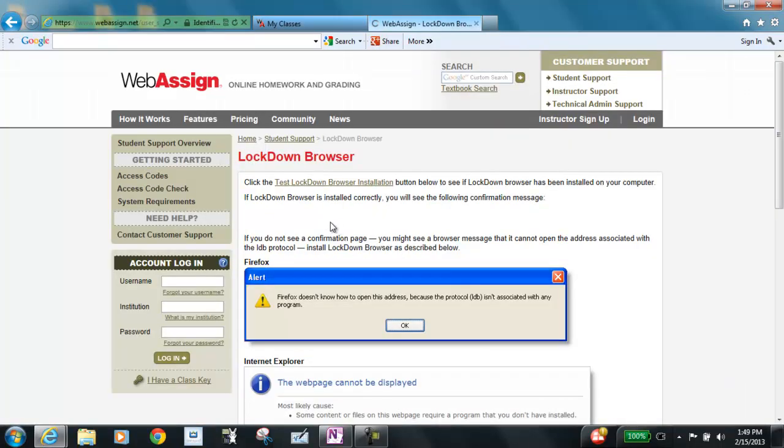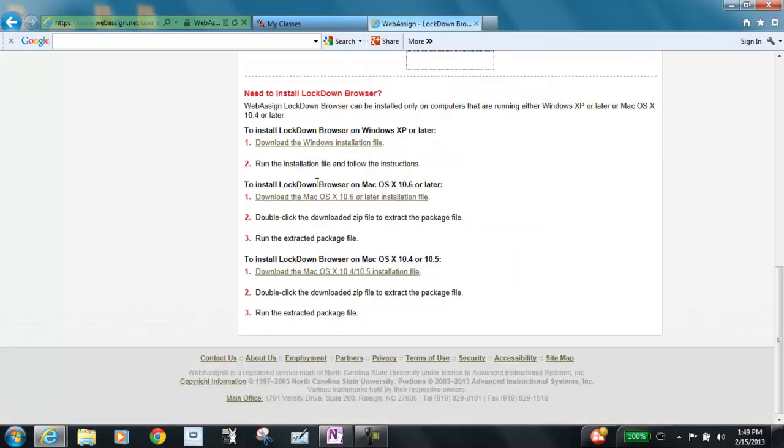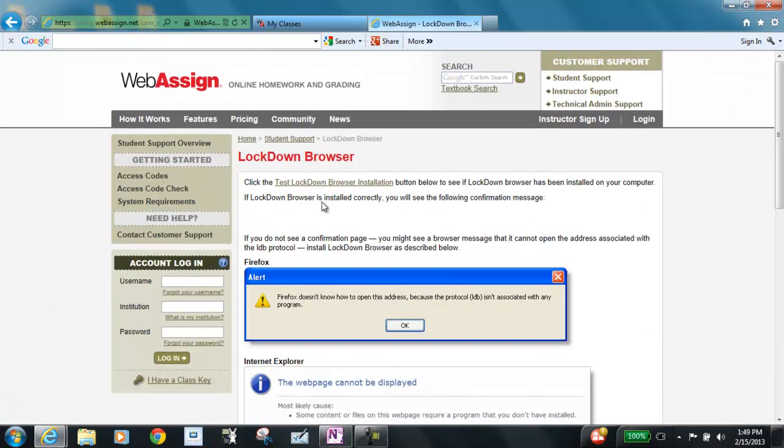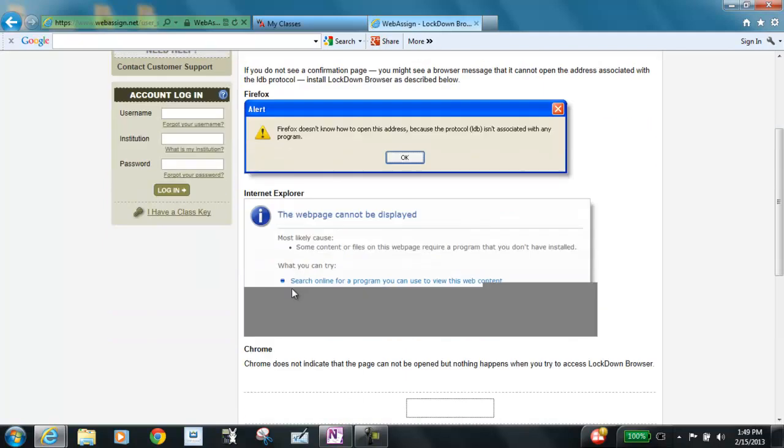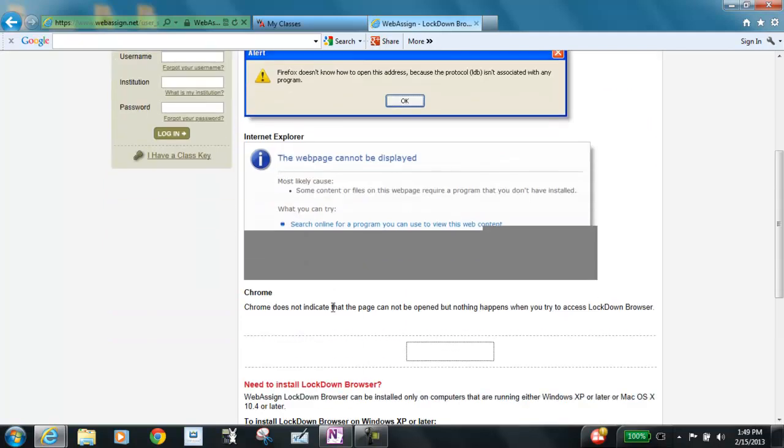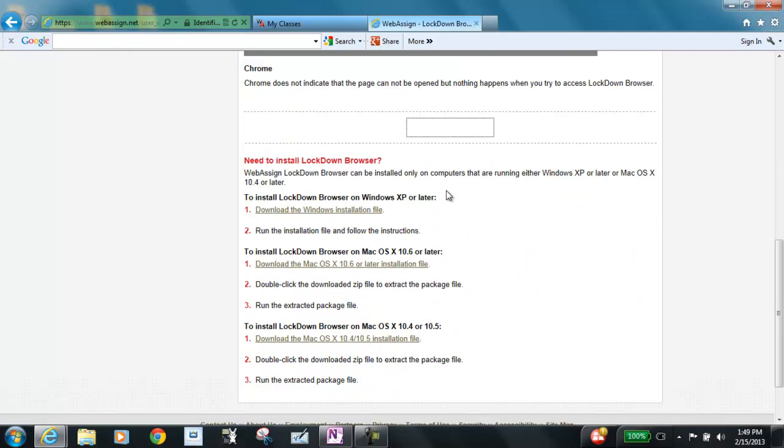So in here, to see if the browser has been installed, you can click right here and it will test. You'll see this if you're in Firefox, you'll see this if you're in Internet Explorer, or if you're in Chrome. Chrome does not indicate that the page can be opened, but nothing happens when you try to access the browser. Nonetheless,